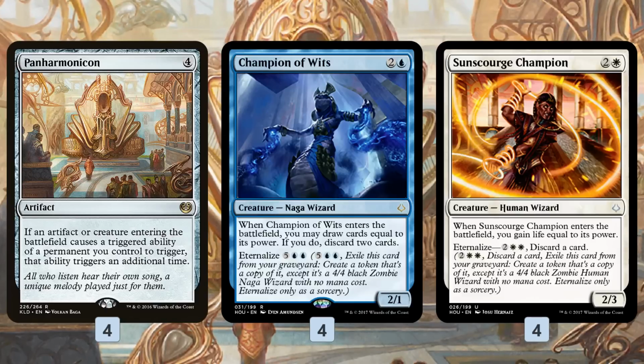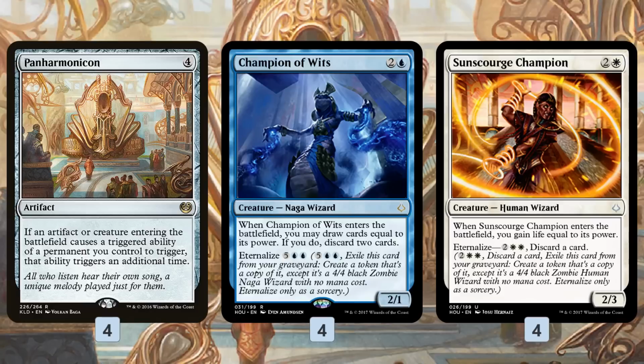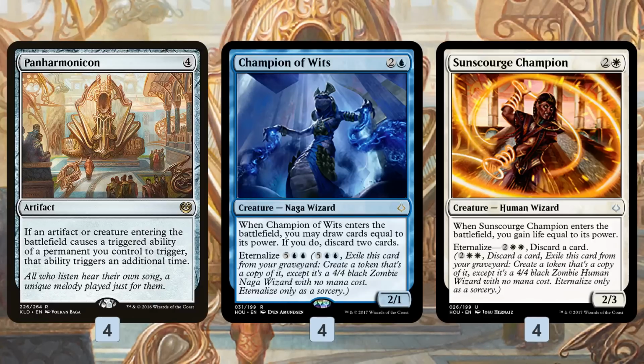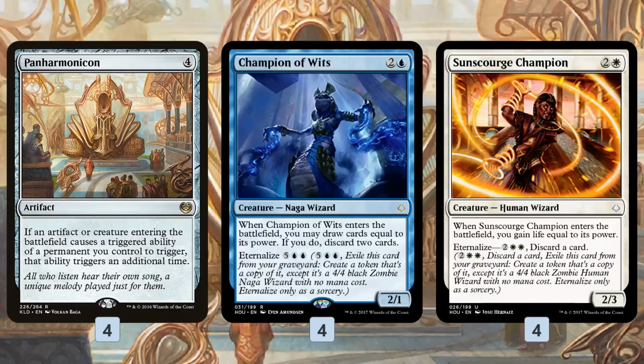When we Eternalize our Champion of Wits, we're getting it back in an uncounterable way, which is really important in some matchups. The other sweet trick is Sunscourge Champion. Some of the most powerful things we can do against aggro decks, kind of putting the game out of reach, is to discard our Sunscourge Champions to our Champion of Wits or to other Sunscourge Champions,